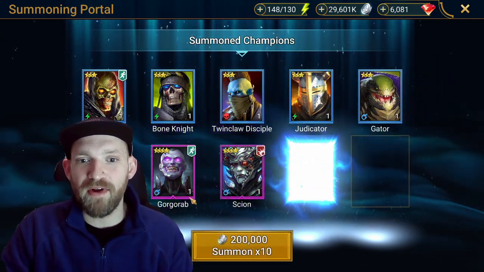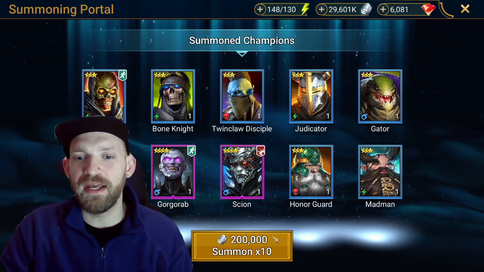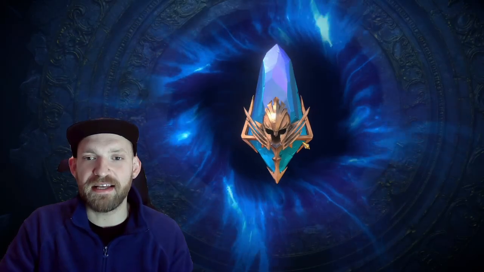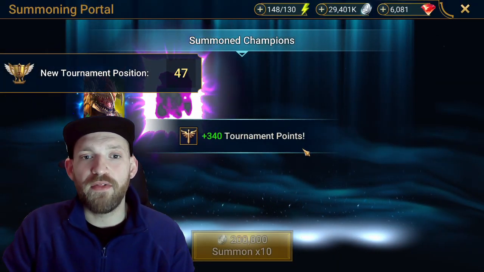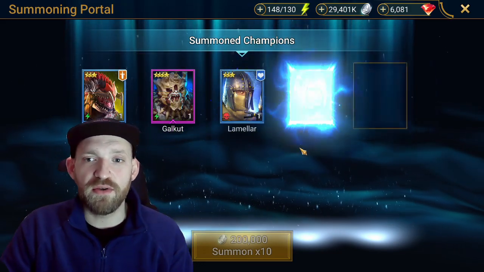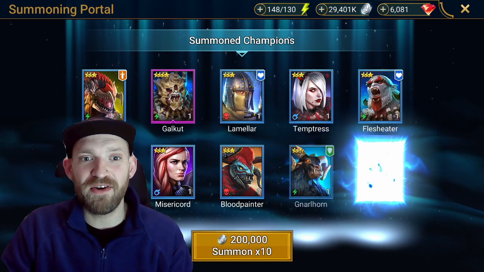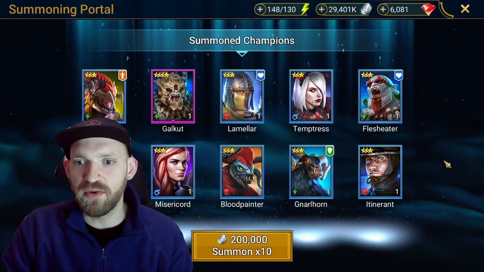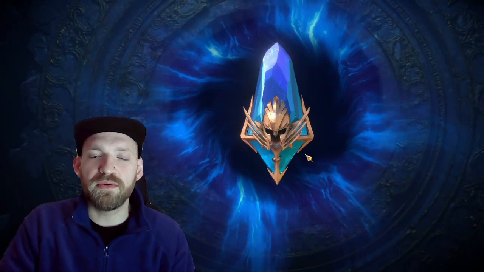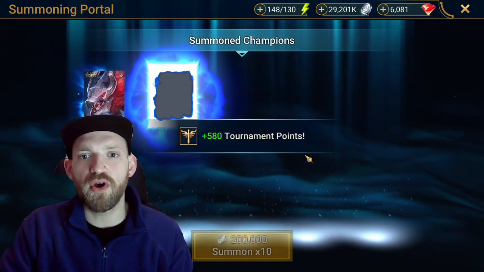We've got a Gorgrab and a Scion. Everyone else is a rare there, not interested in epics, as always. As always, guys, as well, I will go through any legendary's kit that I pull, just so you guys are familiar with the legendary, and sometimes so I'm familiar with the legendary. We got a Gal Cut on that one. No one else of interest at all, to be honest. I am also still looking out for the epics needed for the Lady Mikage fusion. I've got...